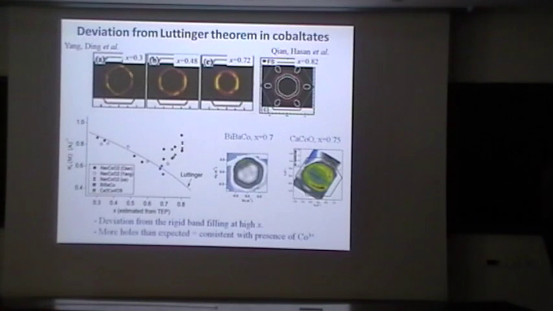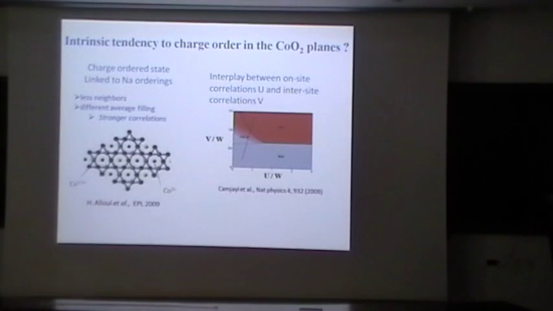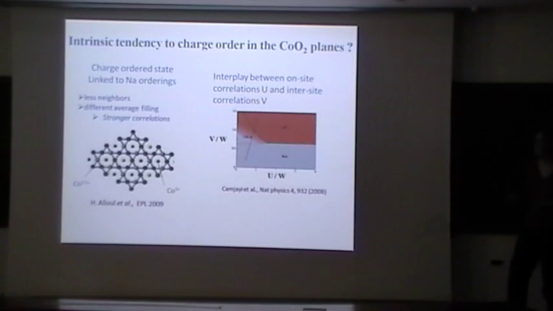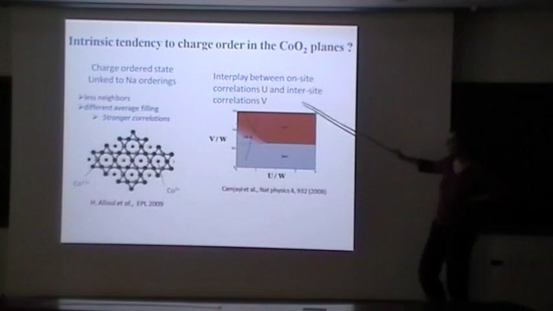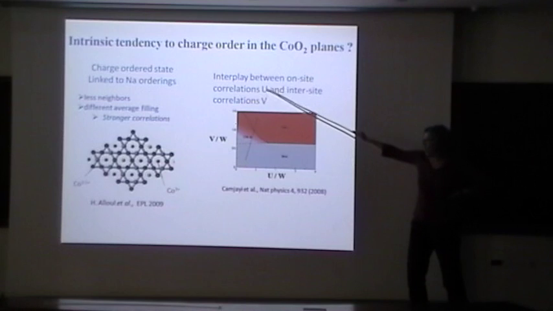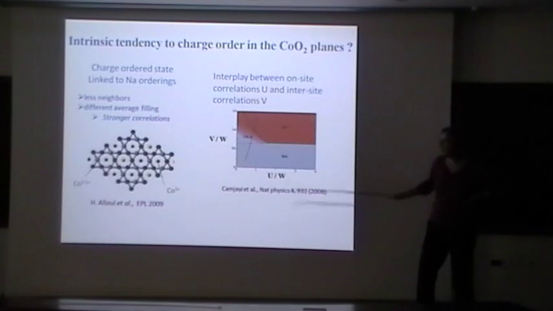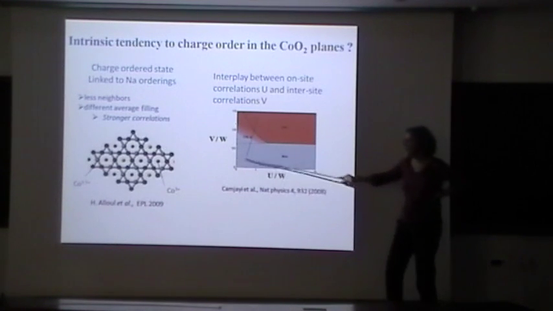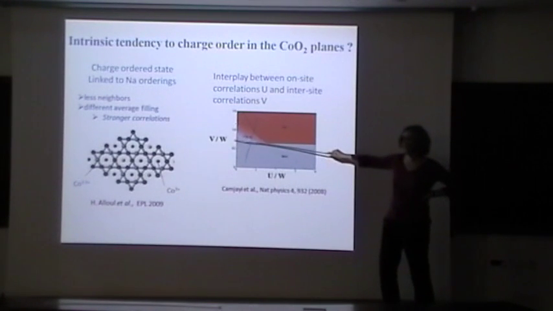Then you could wonder whether it's an intrinsic tendency of the cobalt-oxygen 2 planes. And maybe to understand this tendency, you could understand it by using the non-local part of the Coulomb interaction. So I'm showing here a phase diagram taking into account both on-site correlation and inter-site correlation. It was not drawn for the case of cobaltates, it's for the case of low density electron gas, but it just gives you the idea that even if you have rather small values of U over W, if you increase this inter-site